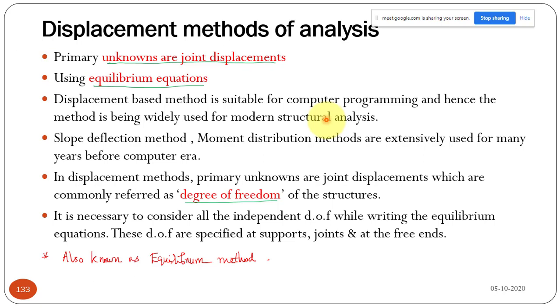That means there will be a lot of unknown forces, a lot of unknowns in the structure. So we have to solve a lot of unknowns. How many unknowns doesn't matter. Suppose we have three unknowns. To solve the three unknowns, we should have three equations. Suppose we have 10 unknowns and 10 equations, your problem will become much more complicated. That is why we have to go for computer methods of analysis. Then only we can analyze the real structures.